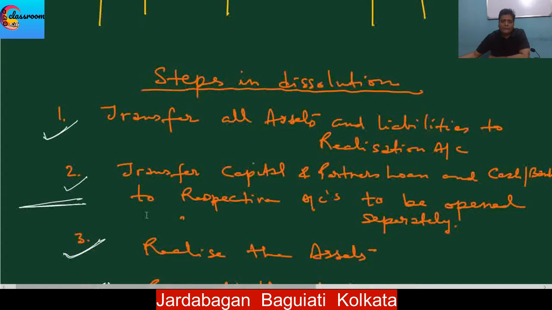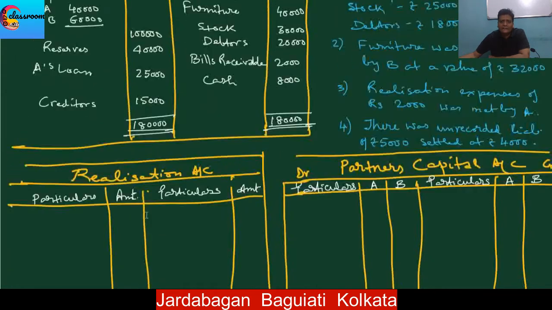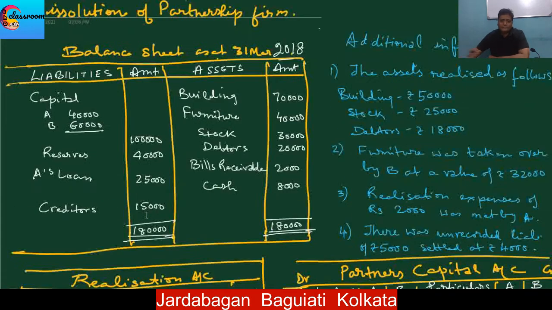So we just need to remember, in a dissolution, the adjustments that we need to carry out is, we need to transfer all the assets and liabilities appearing in the balance sheet to realization account, from where they can be disposed of, and thereafter with the money so gathered we need to pay off the outside liabilities, then the partner's loan and finally the partner's capital. Having said this, here is a sample balance sheet given to us, and some additional information is given whereby we can collect the information regarding the disposal of assets and meeting of liabilities.